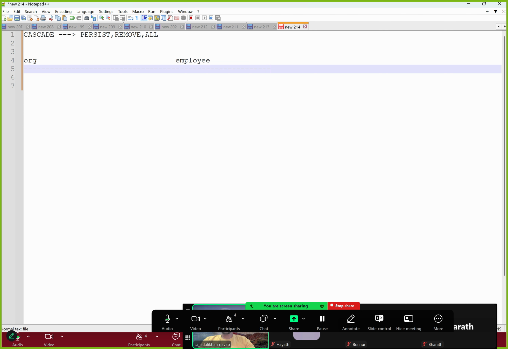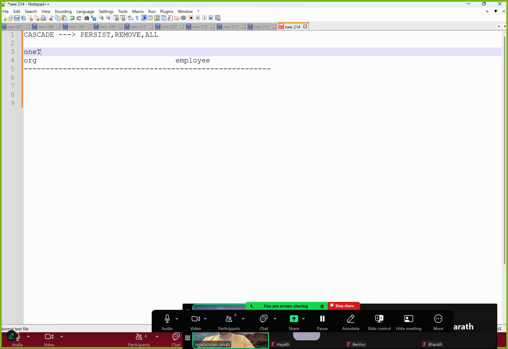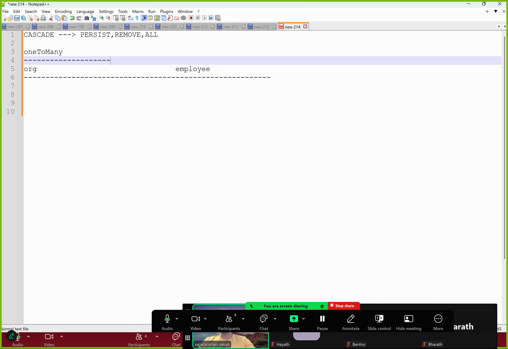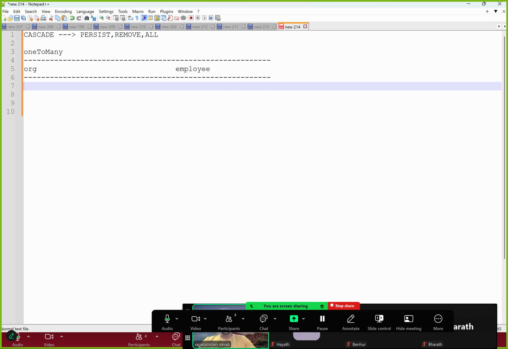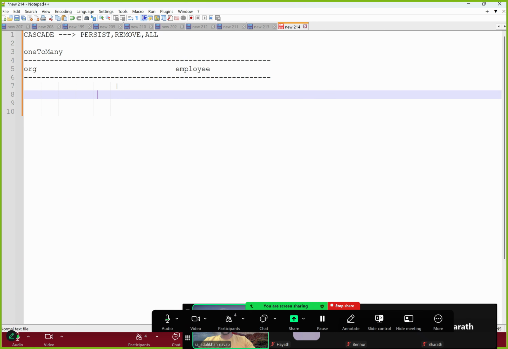Now we are adding a one-to-many relationship between these two tables. If I choose the cascade property as persist,